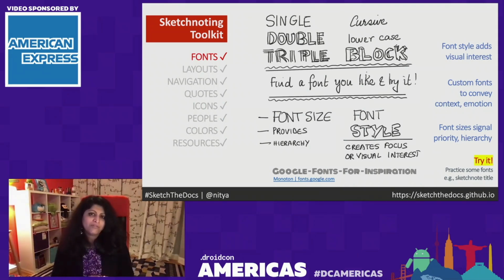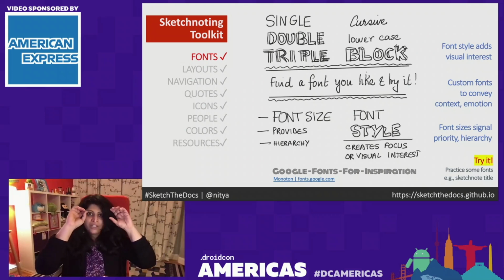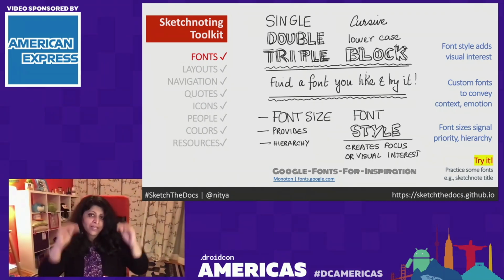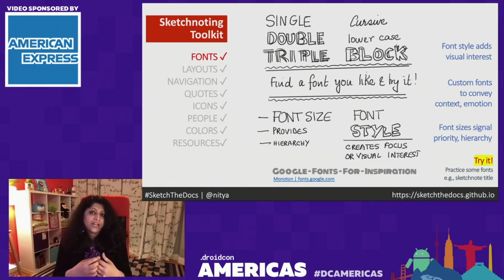But the most important value for fonts, invariably in sketchnotes, is by using size to create hierarchies. You can immediately tell, oh, large fonts are for either section headers or things that drive your attention to top level ideas. Smaller fonts, normal writing, is really for the lots of little text and meat and potatoes of the whole sketchnote. If you're looking for ideas, try looking at something like Google Fonts. Go there, pick a few fonts that you like and try to hand sketch them. And that's a great way to start.